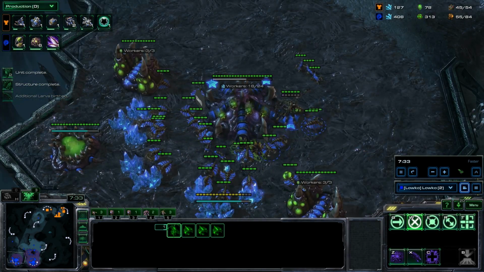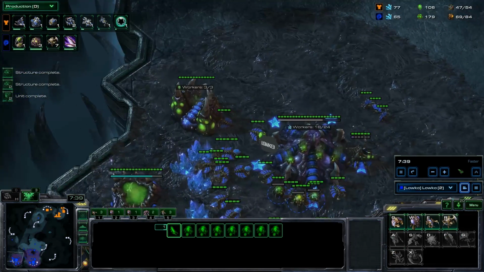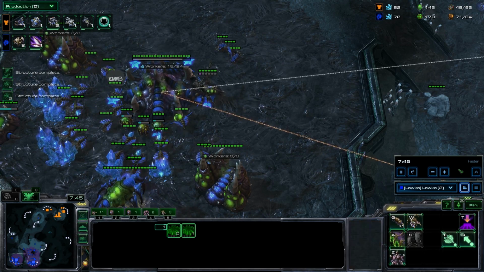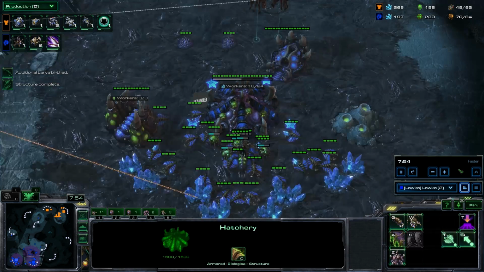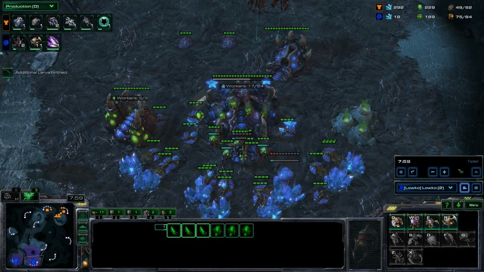I'm going to be scouting around, however, checking out with an overlord to see what's going on, and I notice that there is indeed a starport up with a tech lab. So my opponent is going to go for Banshees, and I also noticed that there was a little light glowing in the tech lab right there, so I know, alright, there is going to be the cloak upgrade as well. So I do go for some spore crawlers right there,